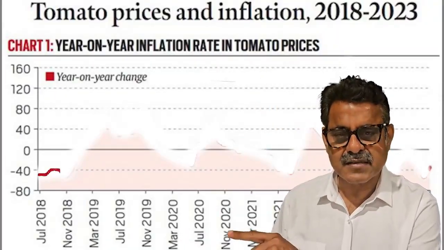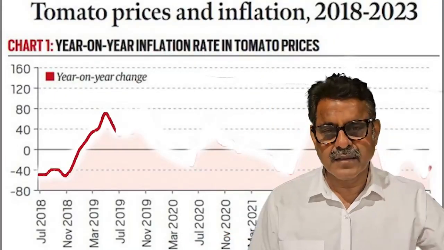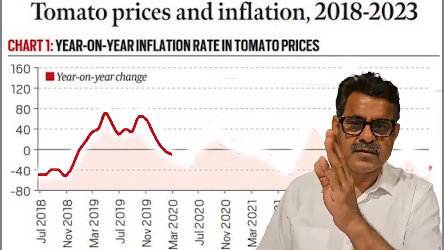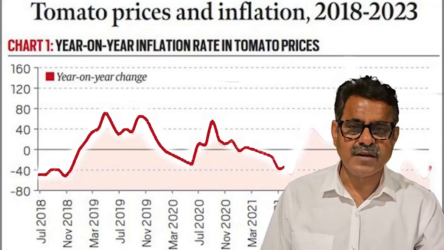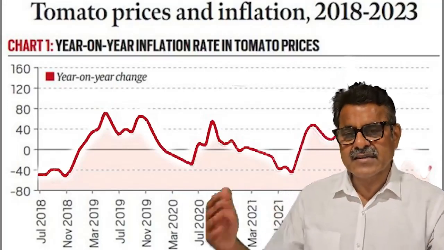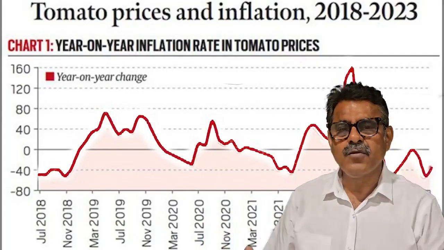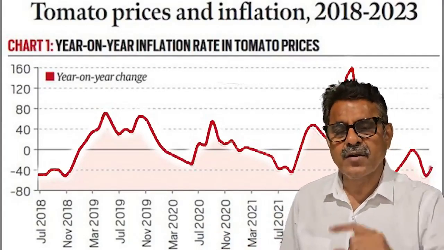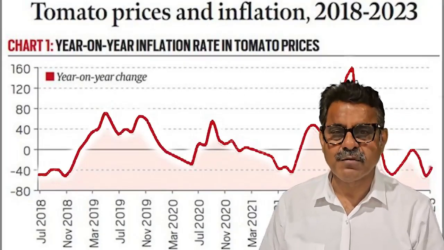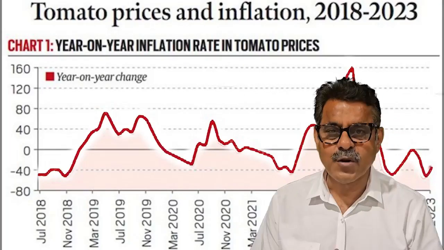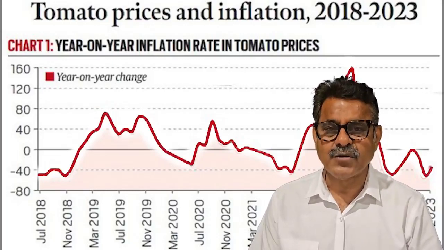So if you take last year's curve, it will be like this. That is, it peaks somewhere at the end of summer and it starts collapsing in winter. And if you take the last 10 years of data and superimpose one over the other, then you approximately know when it goes up and when it crashes. So if you just share this information with the farmers, farmers will know when to plant tomatoes and when not to plant tomatoes.